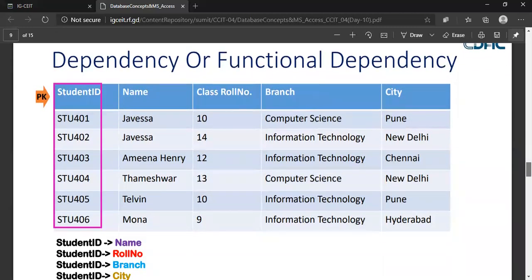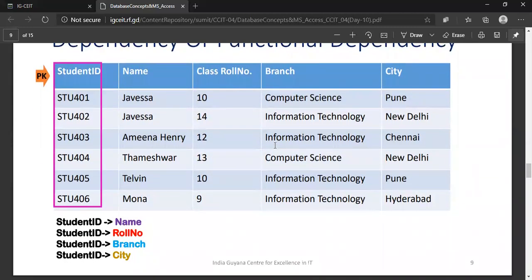So if you see in this particular table, we have 5 columns: student ID, name, class roll number, branch, and city. If I have to fetch any information in this table, I can use one unique column, that is student ID. That is a unique column or a primary key column.